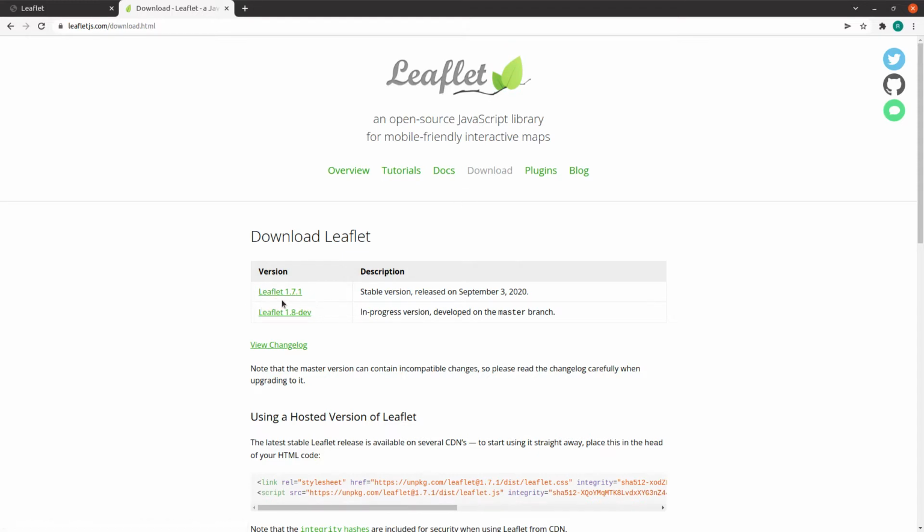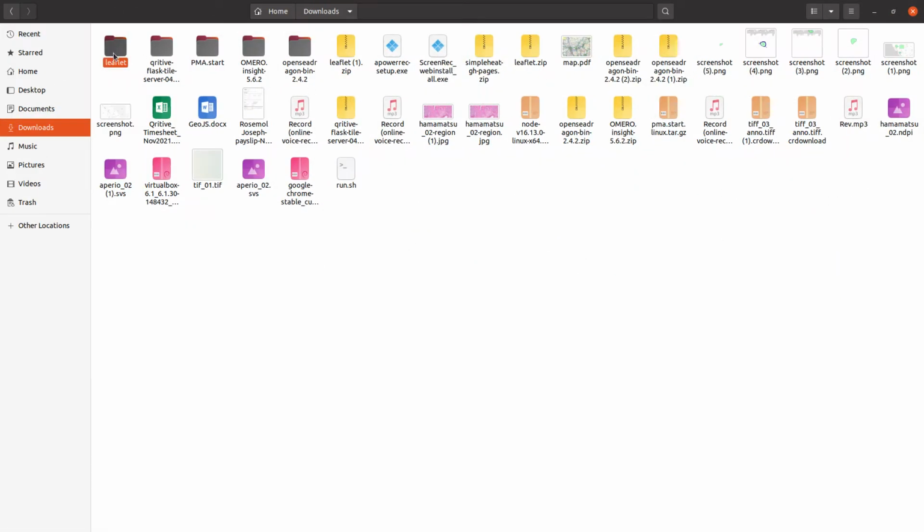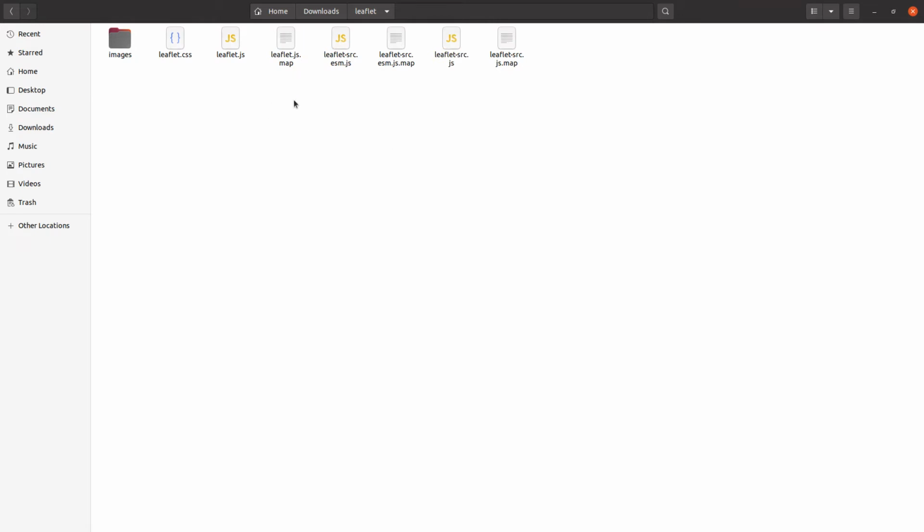If you download that leaflet, you can see that in your downloads, it will be a simple folder saying leaflet. You just need to copy paste all the files that you have here inside your project, that is I have created one leaflet demo over here.